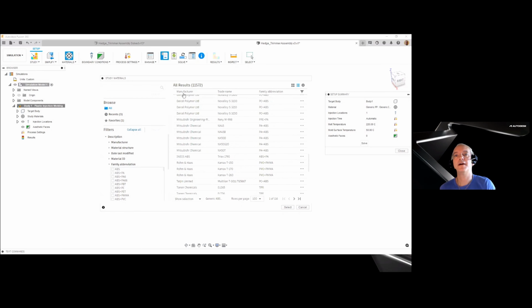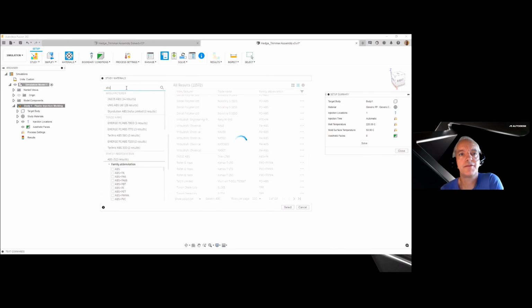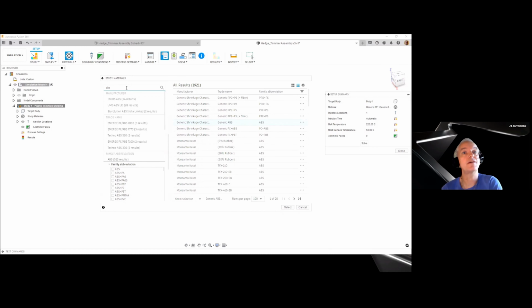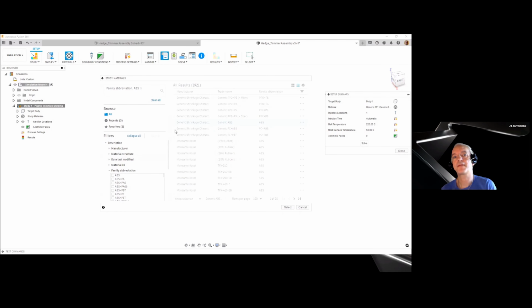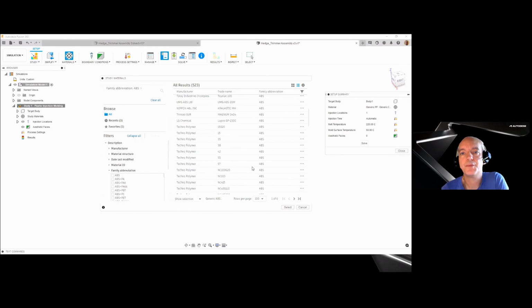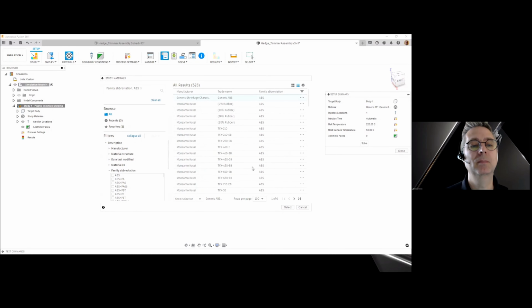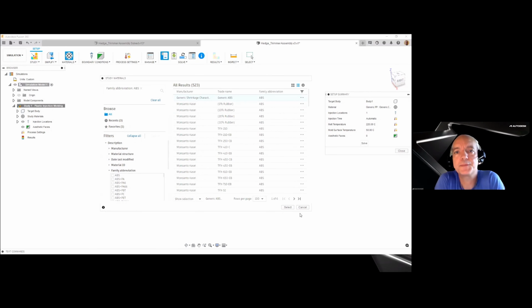If you go with, say, ABS in the search bar, it's going to give you a couple of suggestions for what you might be searching for. You can search for things with ABS in the name, ABS as a family trade name, or as a family itself, and basically create the entire list of ABS materials. So there are different ways to search the database, but it's a topic on its own.